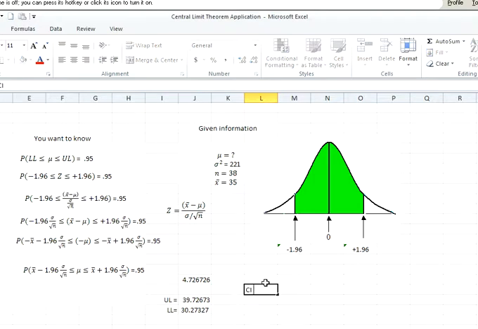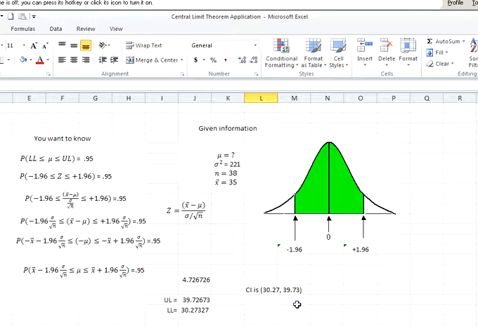So I can write my confidence interval as, in parentheses, 30.27 and 39.73. In other words, this is a 95% confidence interval. So that means I am 95% sure that the true population parameter mu in this case is included in these two numbers, 30.27 and